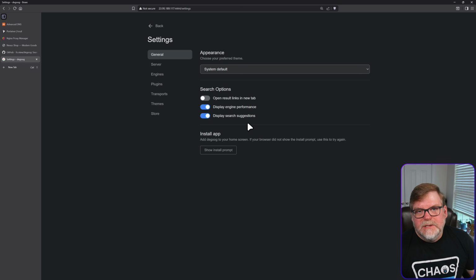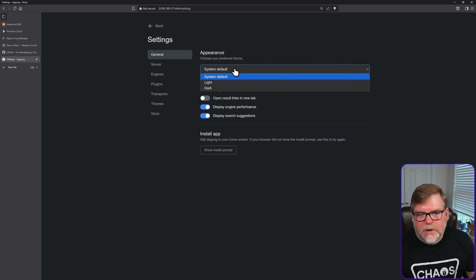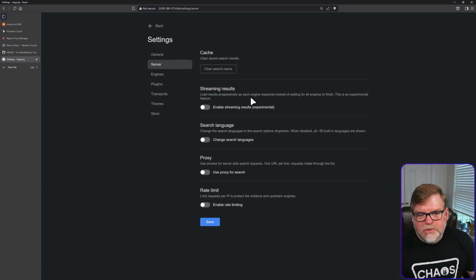This allows me to customize everything about the search engine, from its appearance to plugins or themes that I've loaded that can be installed via the store. There's a little bit of customization that can happen here. We can choose our appearance, light mode, dark mode. We can go to server, clear out our cache if we want to, like remove anything that it's already pulled